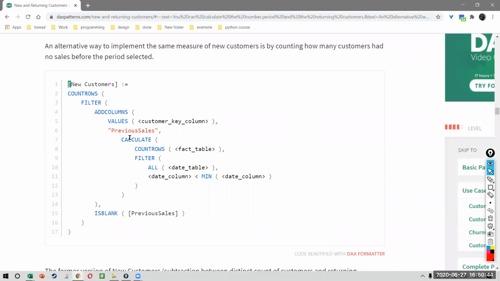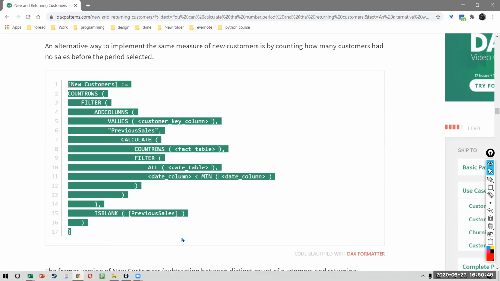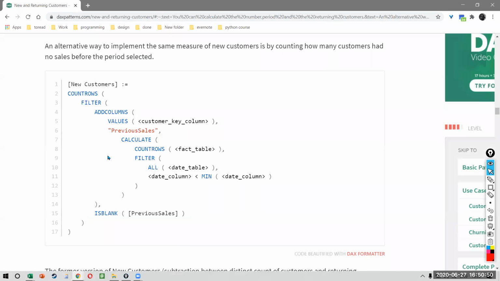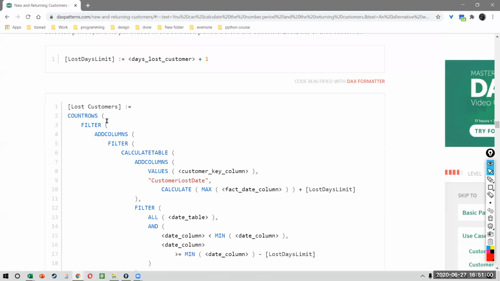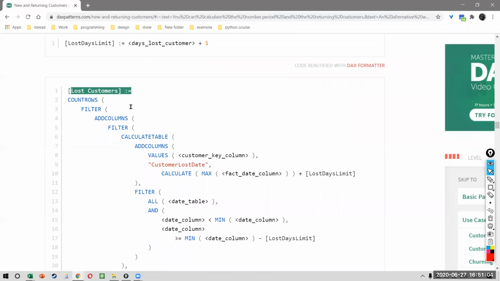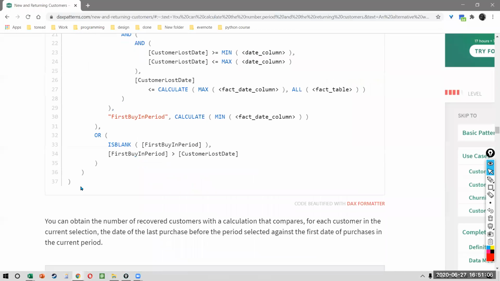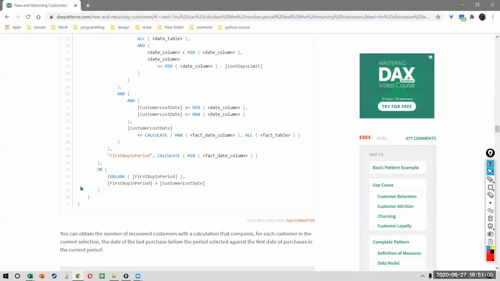Remember, it's not a programming language. We keep these white spaces and indents just for our sake. We don't need to put them. It's not like Python where the white space is required. We are putting it just because the function looks much cleaner. But you see how long these functions are becoming. Look at this one, for example. This is one single result. Lost customers is from here all the way up till here. Right? So that is where DAX is difficult.